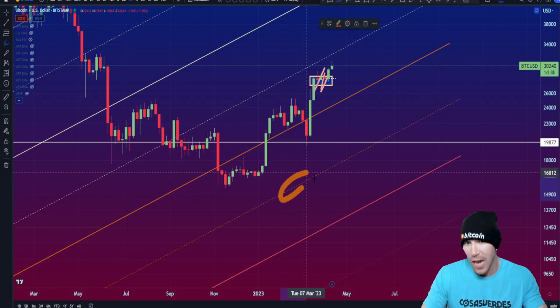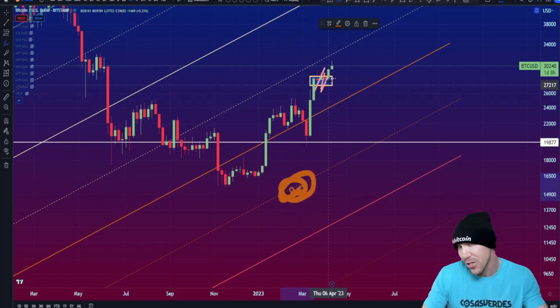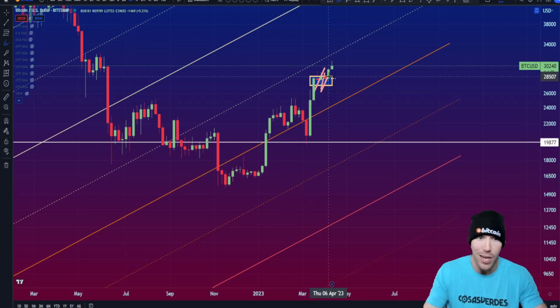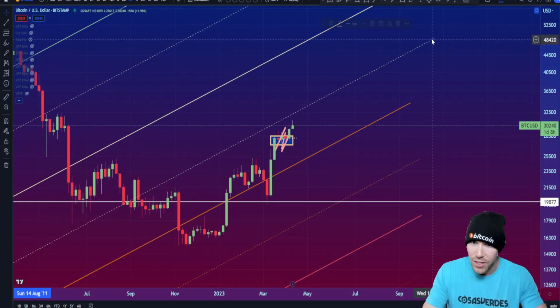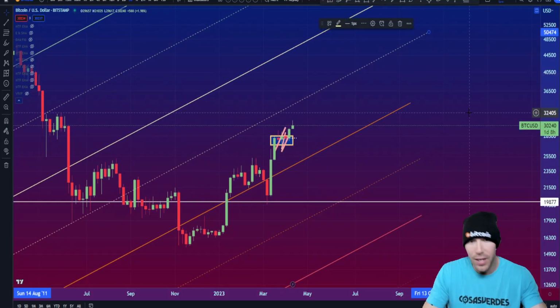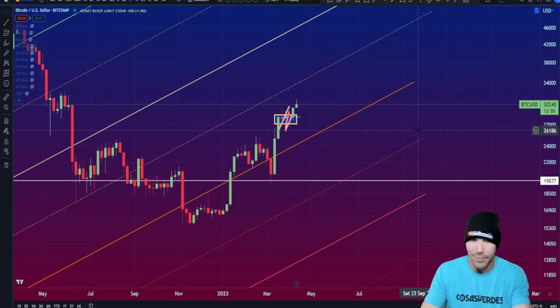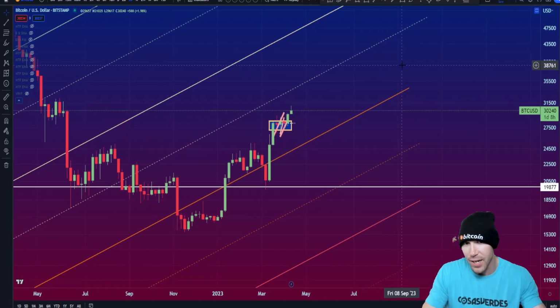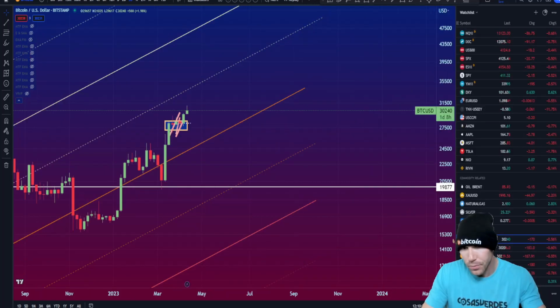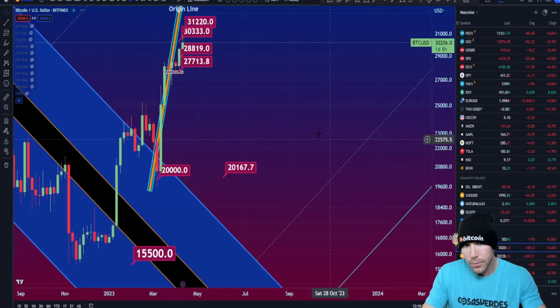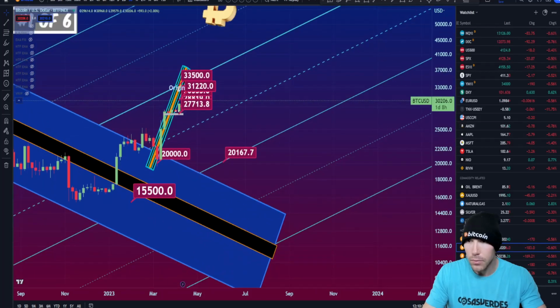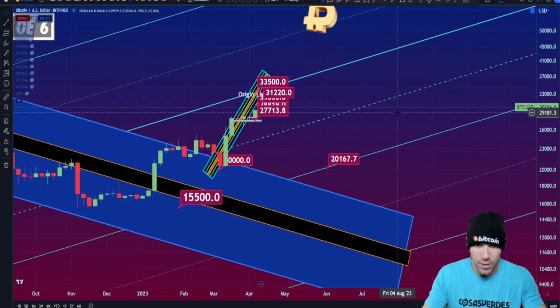I got a question: have the origin line rules been broken? On this chart, even though the lines are sloppy, I would say mostly yes. However, if this line's just a little too low, which it looks like it is, then we're looking okay, but I'm just moving lines to satisfy something, so I don't want to trust this line. Let me go to another chart. This one's cleaner.